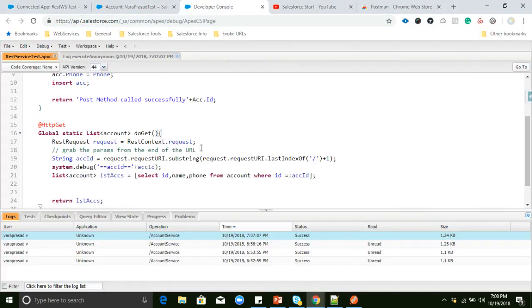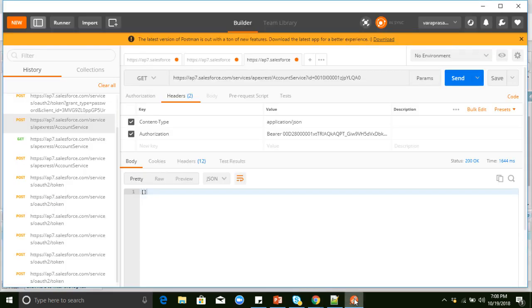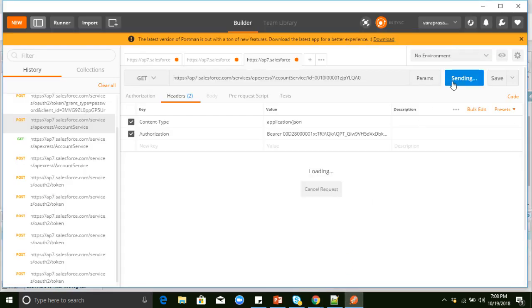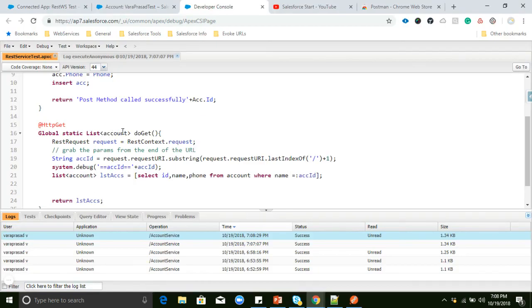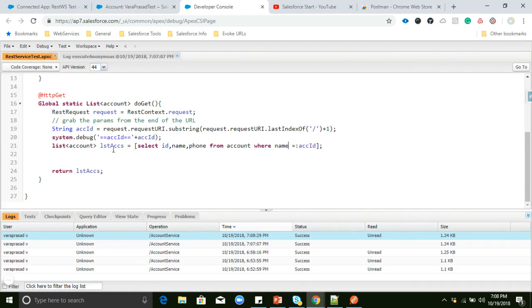So okay, we'll change it like this only, where name equal to, where it is list of accounts, select id, name from Account.